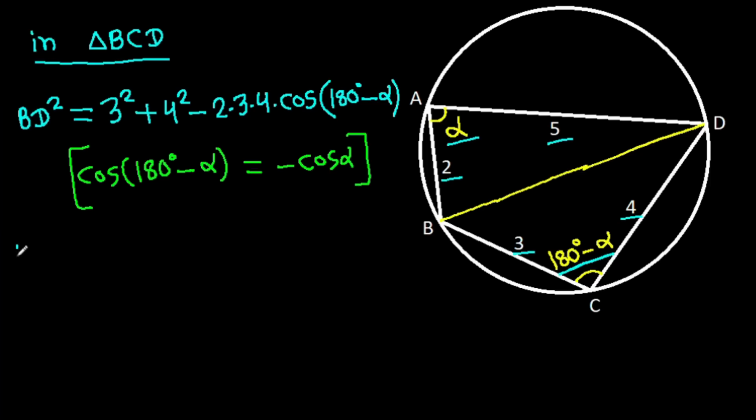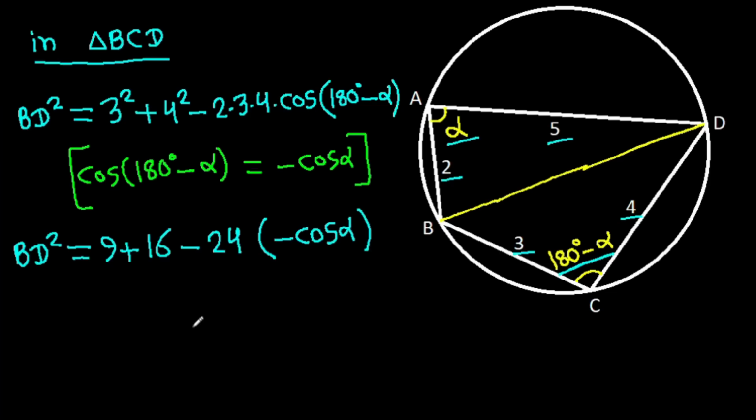So BD square is 9 plus 16 plus 24 cos alpha, and BD square is 25 plus 24 cos alpha,